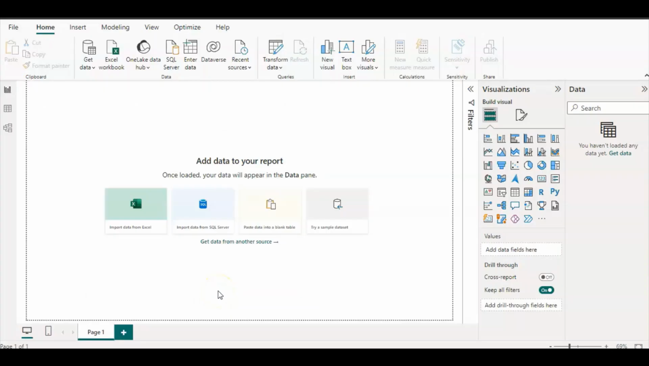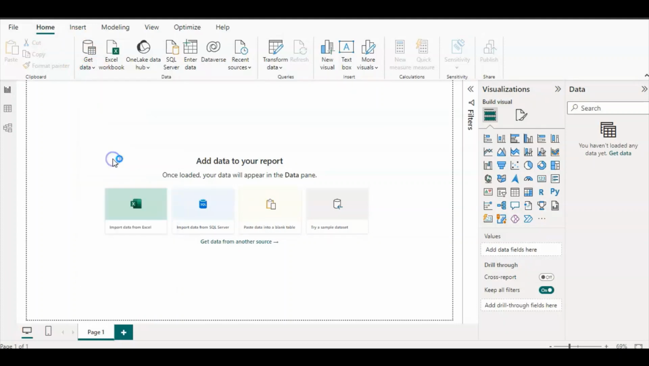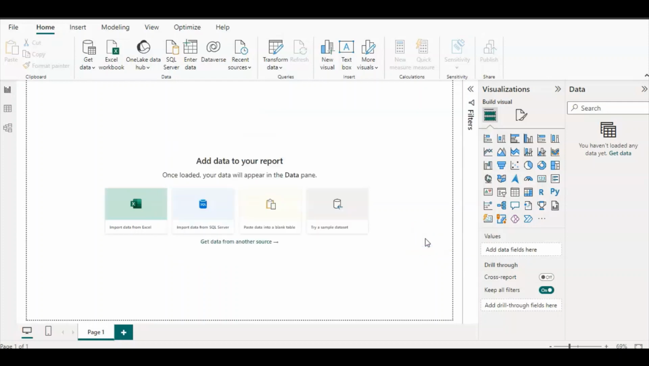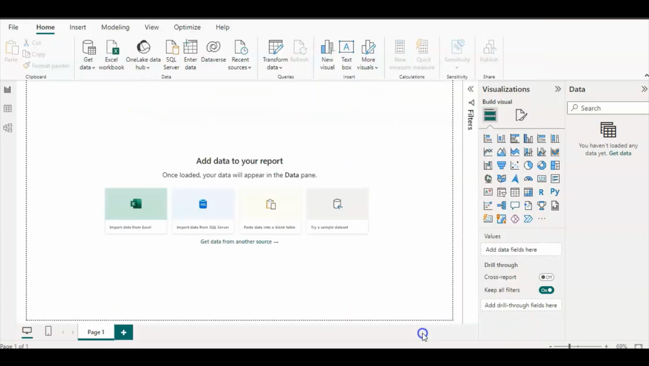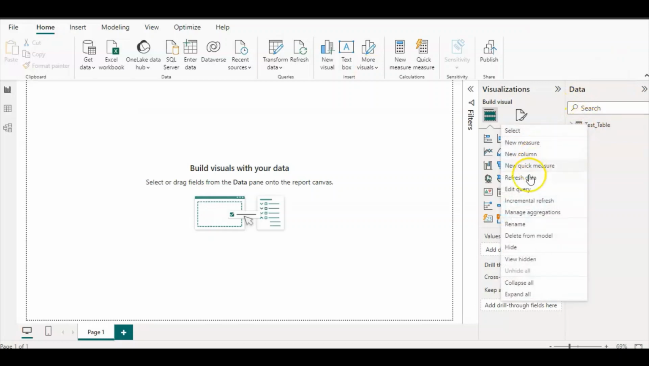Let's explore these three connectivity modes in Power BI Desktop. Go to Home tab, then Get Data, then SQL Server, then Server Name. Let's explore the import connectivity mode first. Then click OK. Select the data, then load. Here you can see all the three views: report view, table view, and model view. Let's delete the data from here. Delete from model